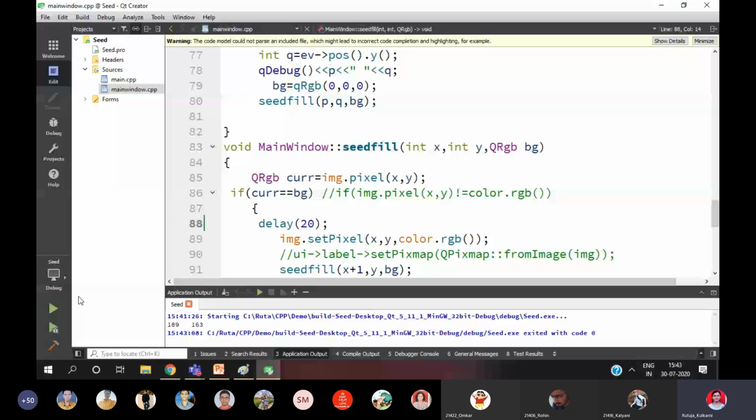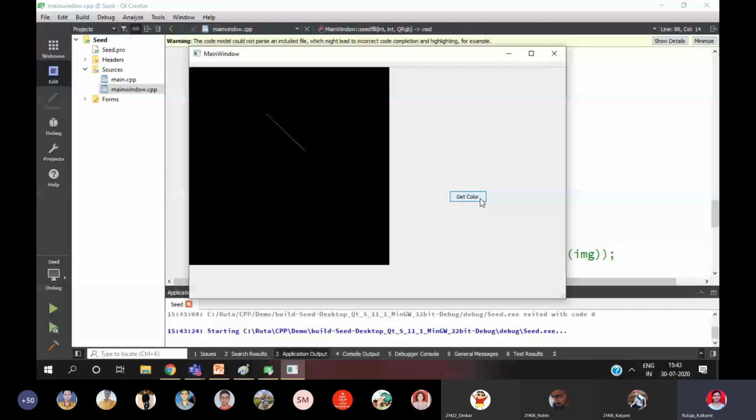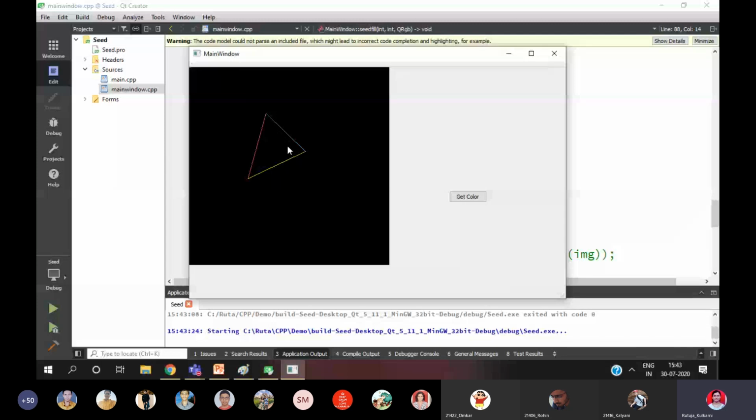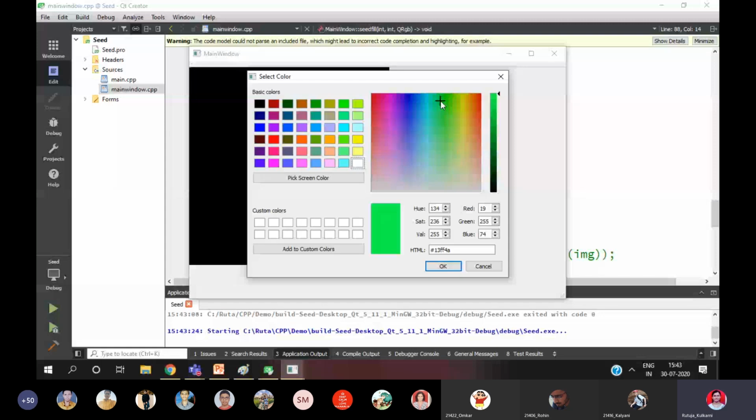Okay, get color. Now I will draw the boundaries with a different color. First boundary. Second color I have chosen. You can choose by your choice as well. Get color again, say any color you can choose. Close the polygon. Okay, the polygon gets closed. I have drawn with different colors now. For filling purpose, you can choose any color of your choice. Okay, the delay is increased.